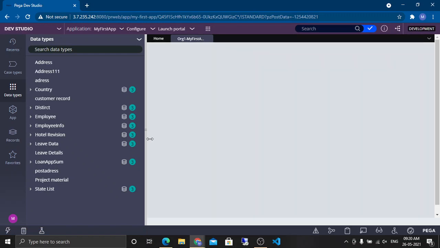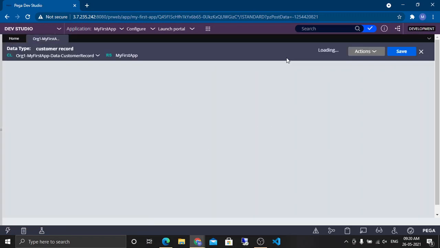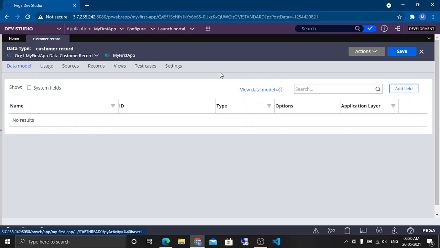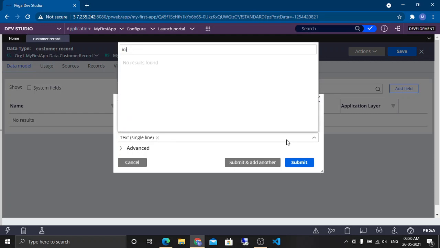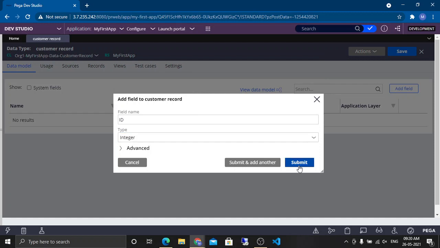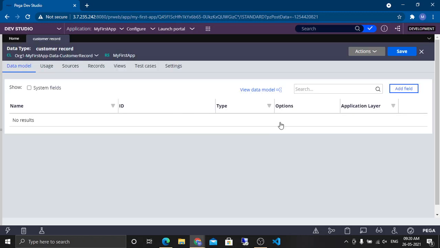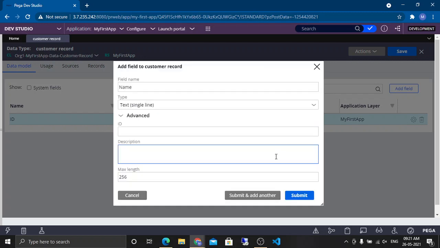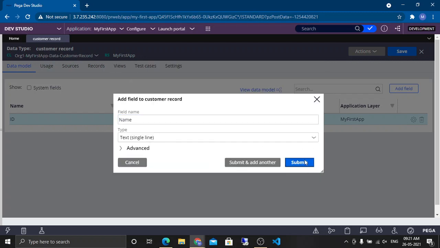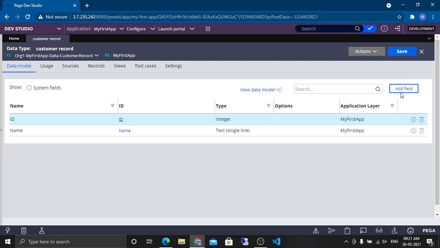And suppose there are 4 columns. First is ID, which is an integer, just for my primary key purpose. Then we have name, just taking an example.